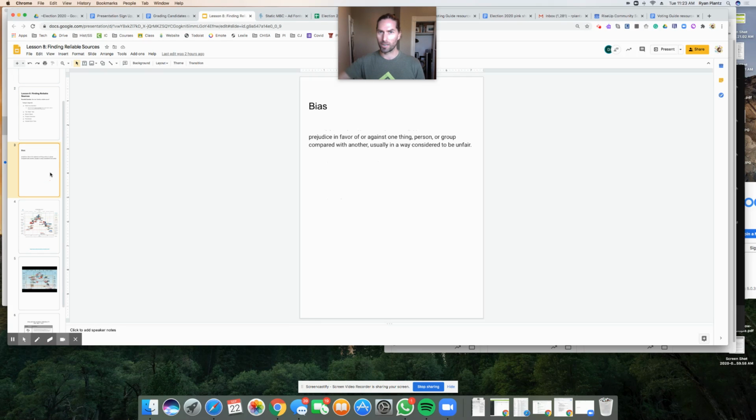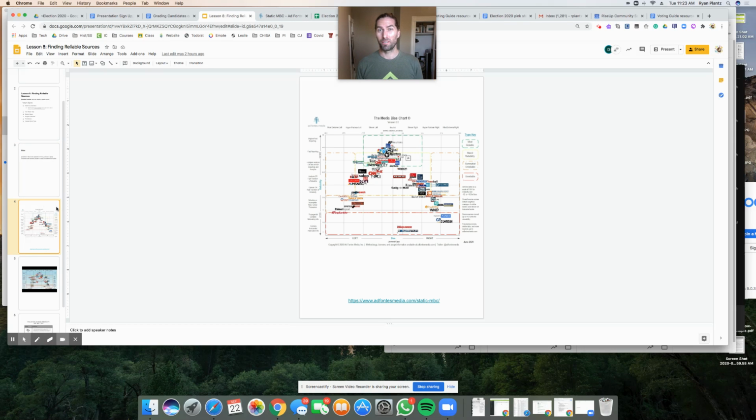To start, here is our definition of bias. It's basically any prejudice in favor or against someone, or a group, or an idea, or a thing. So it's anything that makes someone look really good or look really bad. It sometimes can be bending the facts or highlighting certain things and not talking about other things, or selectively omitting some things. So it's pretty complex and nuanced, but I really just need you to know if your source is